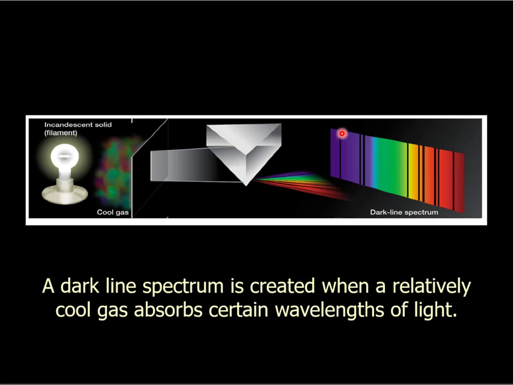So if there's cool gas out there in space with light running through it, for example, an atmosphere maybe, wait for some light to run through it and look at what you're missing, right? We can use these absorption or dark line spectra to identify the gas. And if it's more than one gas, you have more than one set of lines, but you get it sorted out, right? In the old days, you would have books of these spectra, and astronomers would just flip through the books and figure out what they were missing. Nowadays, they have fancy computers and can do all kinds of cool stuff. But fundamentally, if I don't know what this gas is, I can identify it based on what I'm missing over here.